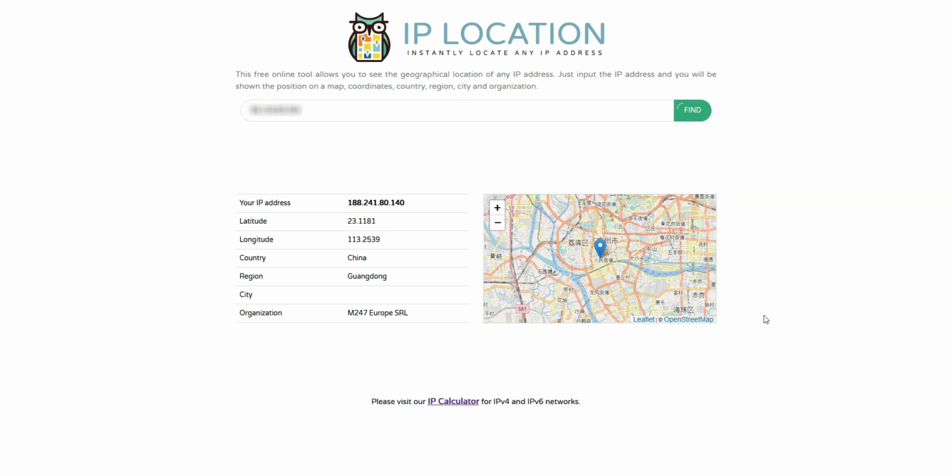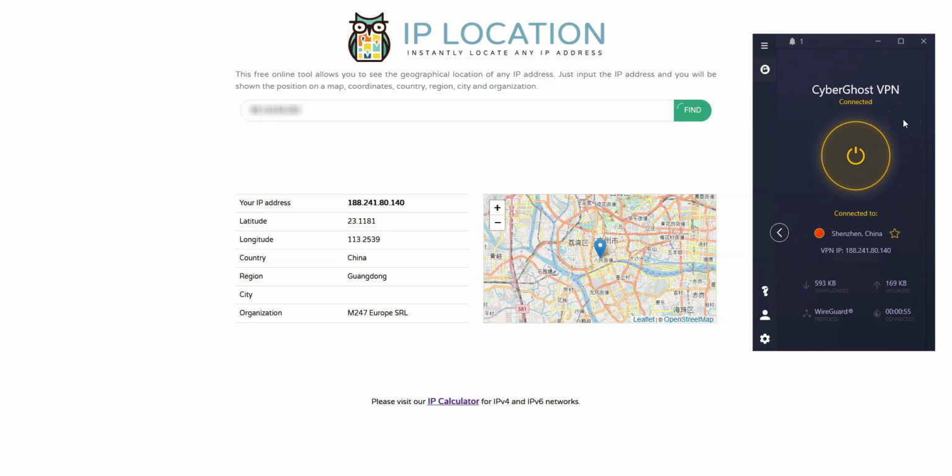As you saw, it's very easy. You just need to select China in CyberGhost, click a button, and that's it. I showed you how to do it from a computer, but it's the same principle if you're on a smartphone or tablet. The iOS and Android apps are quite similar to this one. CyberGhost even works on Smart TV. I personally use it on Android TV. You can even use it on your PlayStation or Xbox.